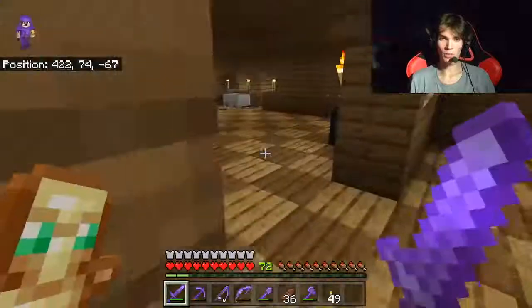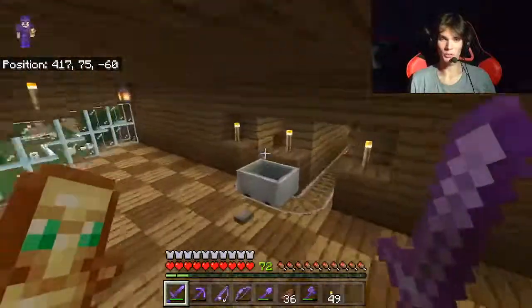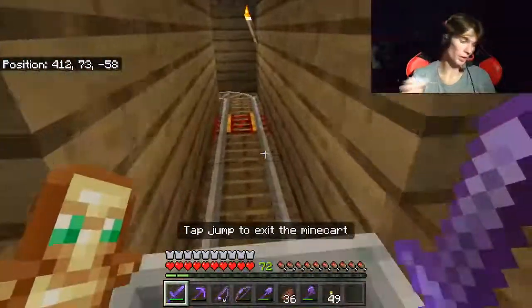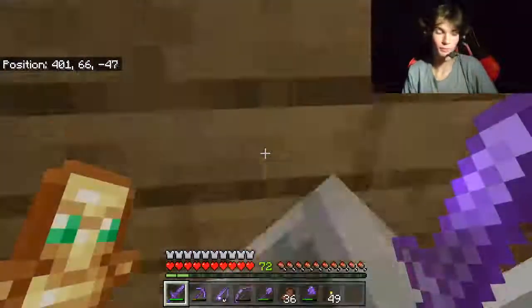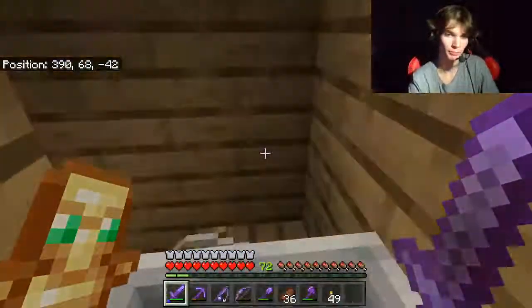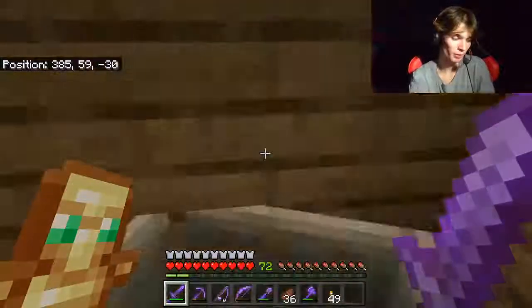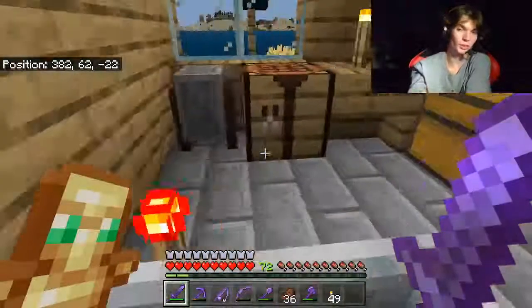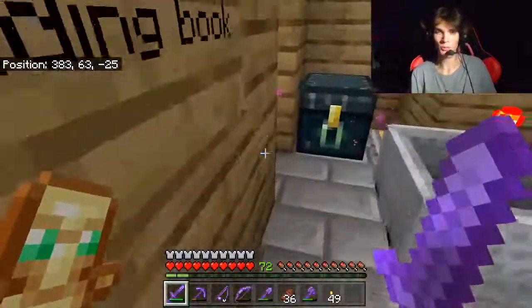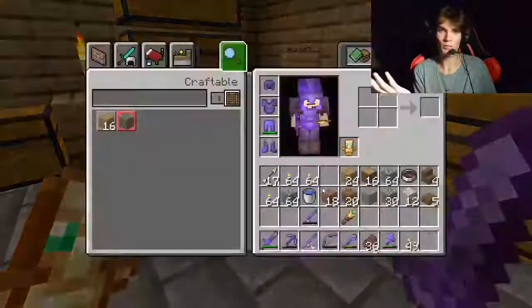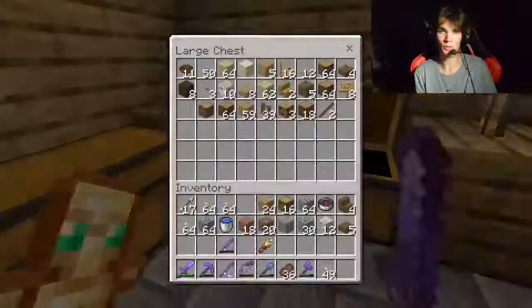We might have it in the wood chest. Let me go to the wood chest. It's over here in my first storage room that I built. And then I ran out of space, so then I had to make a new one, a bigger one. And yeah, I actually have a lot of rooms in this world that I built for fun, but I don't have any use for them because